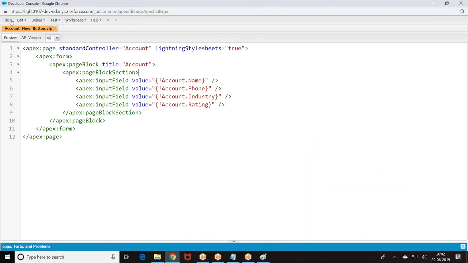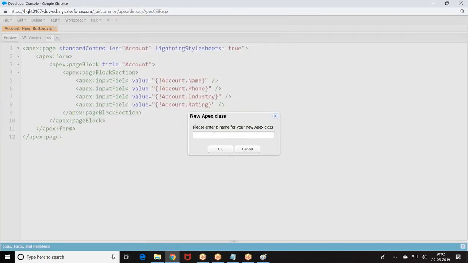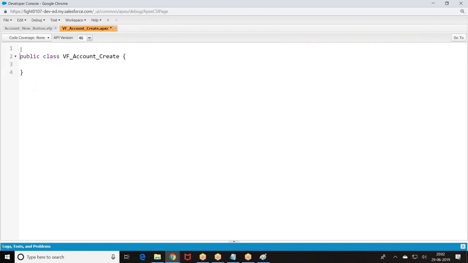I will also implement parallel along with you. Okay. First, create an Apex class. Create an Apex class which will take phone, industry. New account.